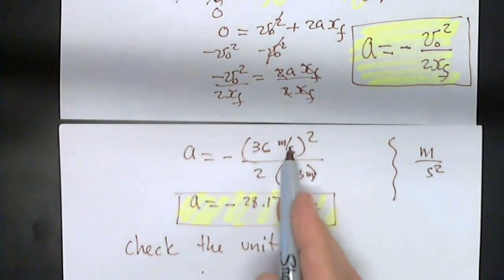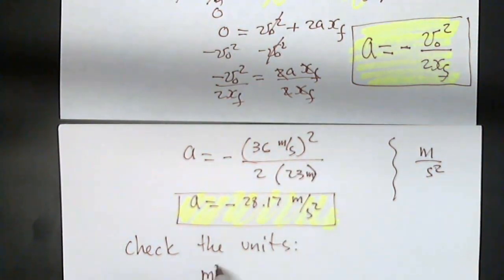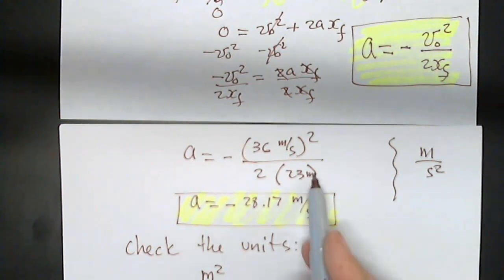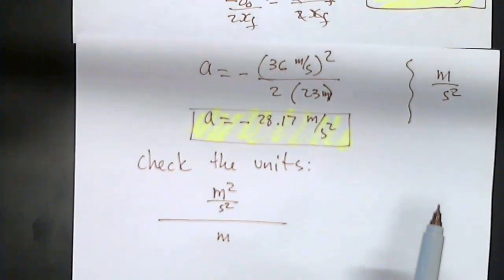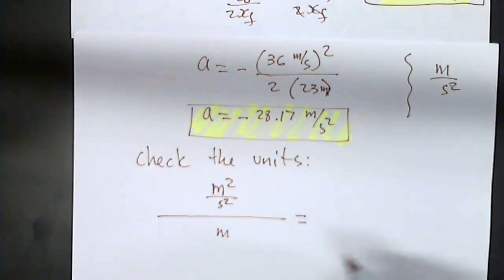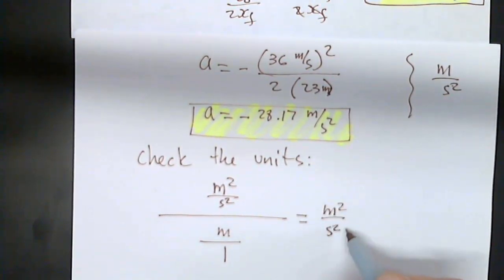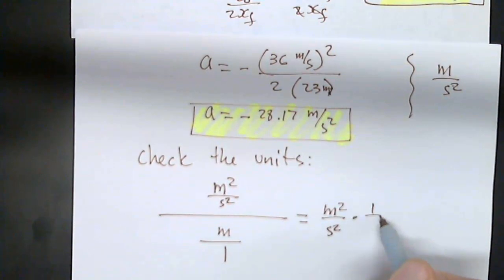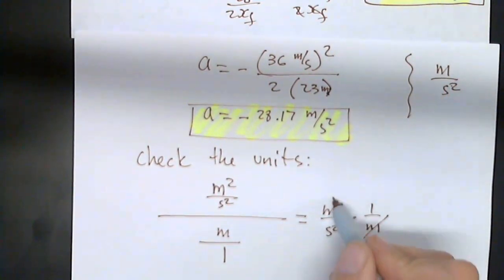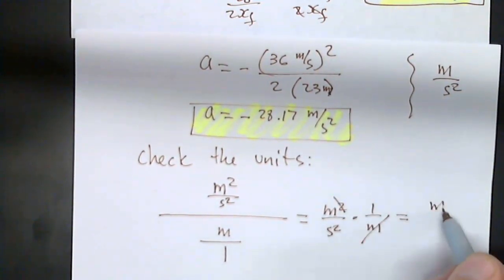So you got meters squared per second squared divided by meters. And this is a fraction. So you put meters squared over seconds squared multiplied by the reciprocal. And you see the 1 meter cancel. You are left